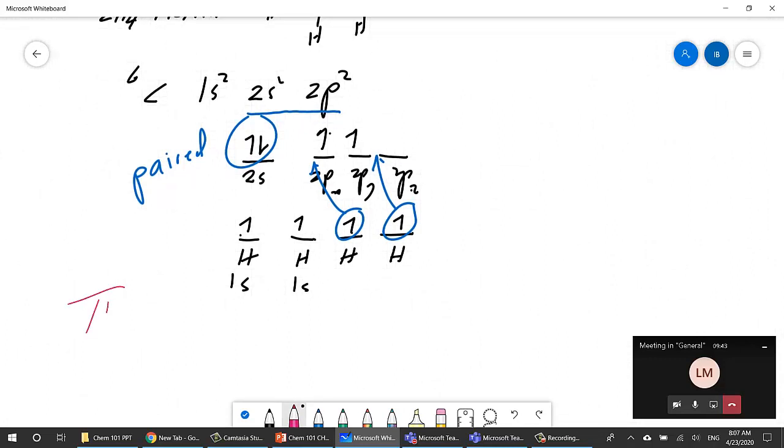The problem is twofold. One, we have paired electrons that cannot make bonds. And number two, even if they make bonds, we will have a bond between the 1s and 2s orbital and a bond between the 1s and 2p orbital. And therefore, we're going to have different bonds